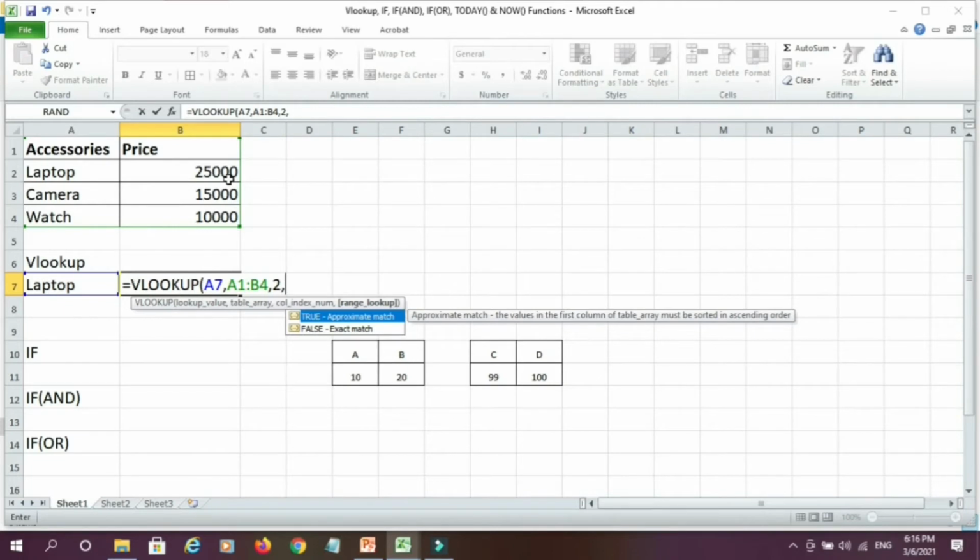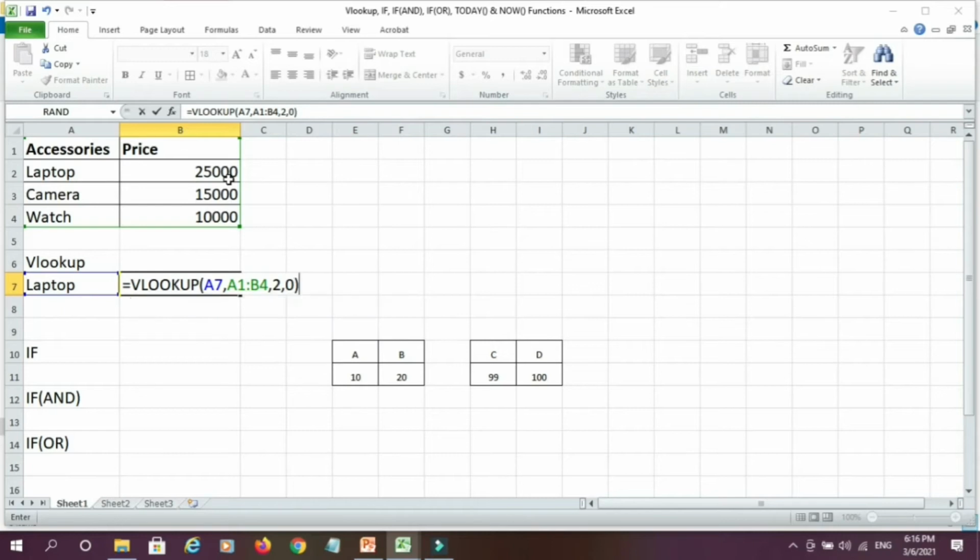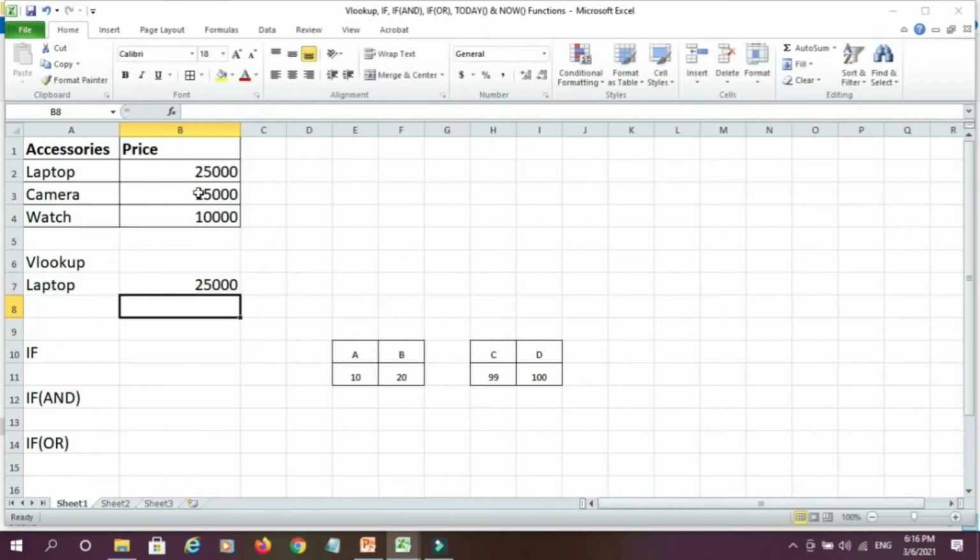That means I want to find out approximate match or exact match. So here I want to find out exact match. Therefore I'll give the value as 0. Bracket close. Enter. You can see here value of laptop as 25,000.